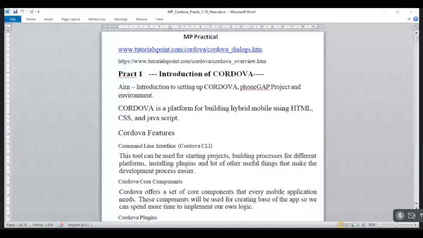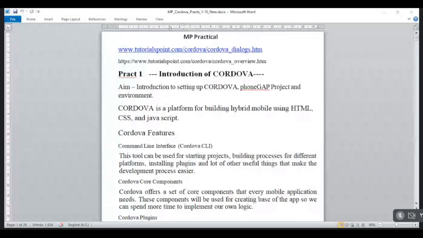This is a tool that can be used for starting a project, building for different platforms, installing different plugins, and a lot of other useful things that make the development process easier. You will learn how to use the command line interface in all these practicals later on.